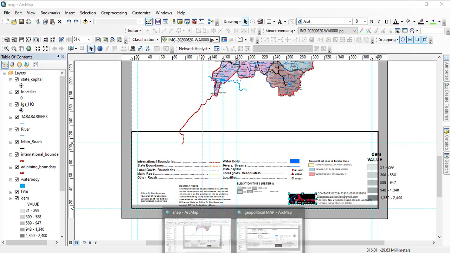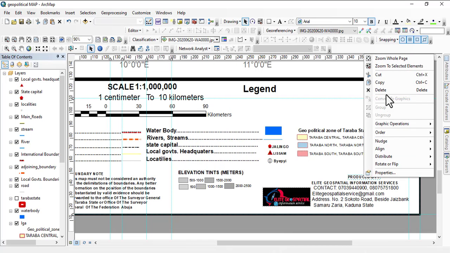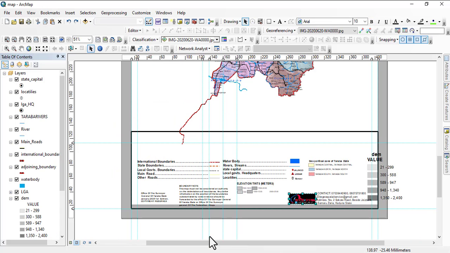And then the last thing is produced by. If I want, I can copy virtually everything here. Like everything you see here, I can copy them. So this is very important when you are doing this operation, when you have similar maps produced and you need to